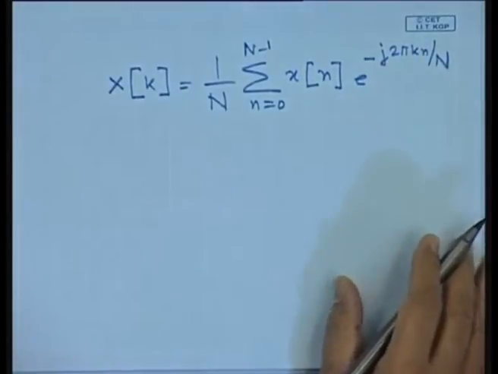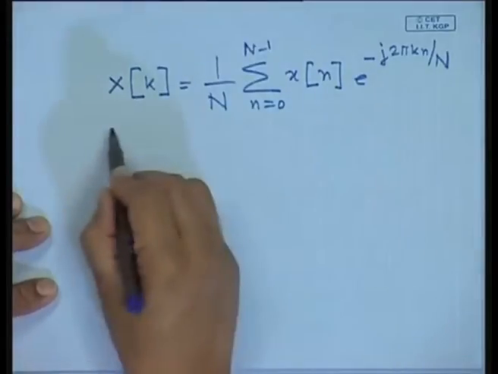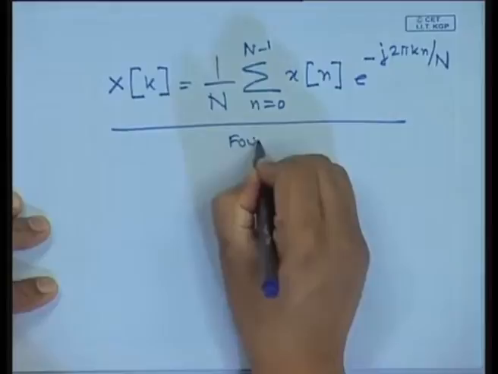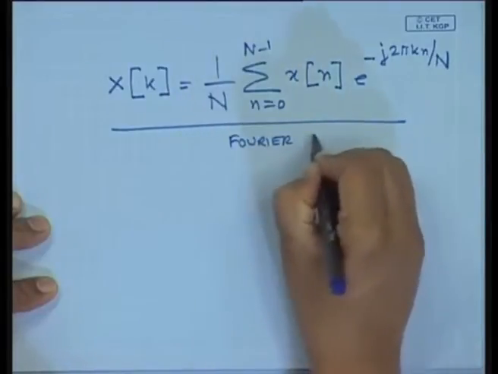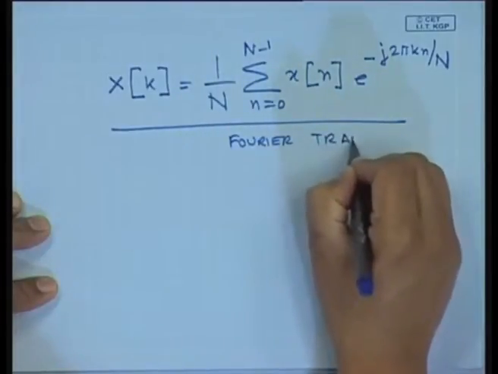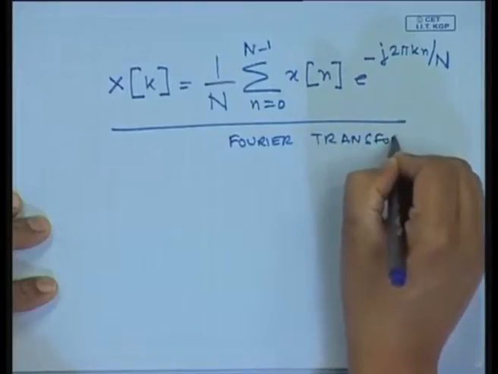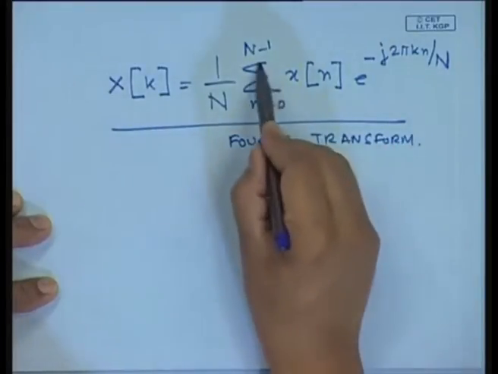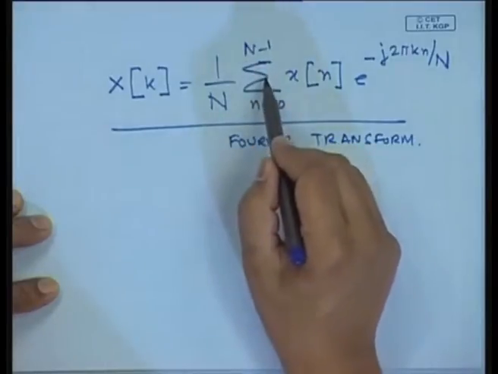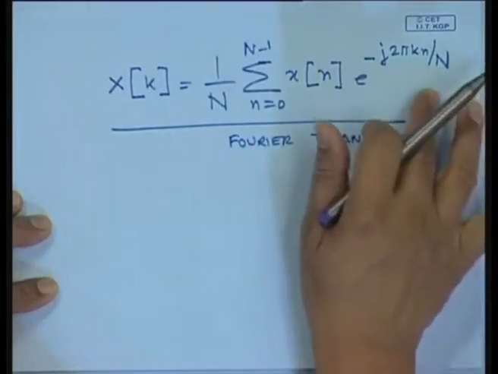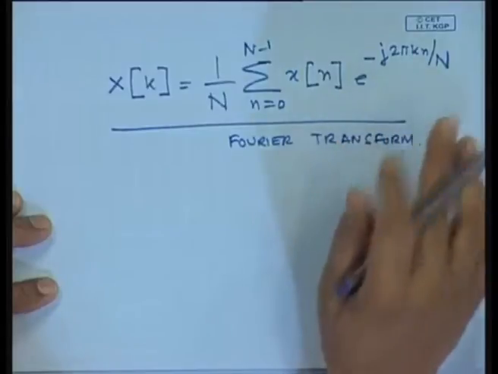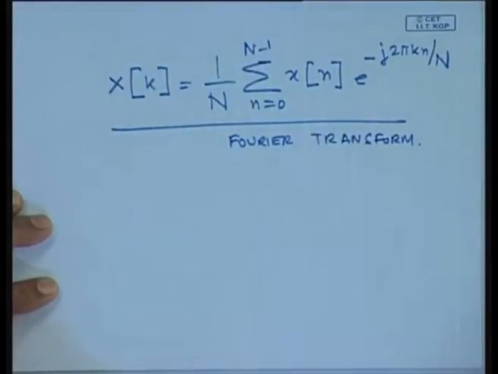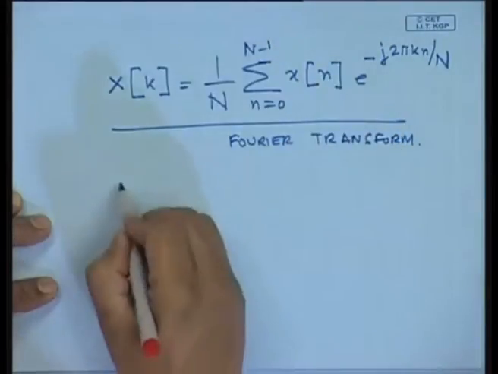I will explain what this is, because this is an equivalent of the Fourier transform. And if you look at this equation, the integration has been replaced by a summation sign. So, this can be very easily implemented in a computer, and these x n